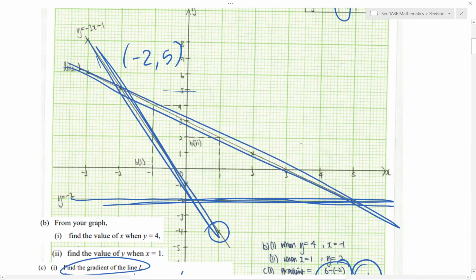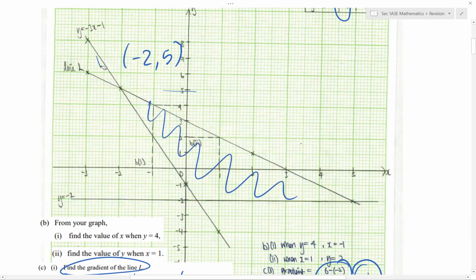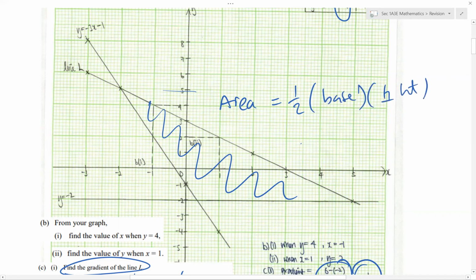Can you see the triangle first? Cannot see triangle, then cannot find area, right? So this is our triangle. What is the formula for area of a triangle? Half base perpendicular height. So where is the base for this triangle? Starts from here to here. This is our base. And our perpendicular height